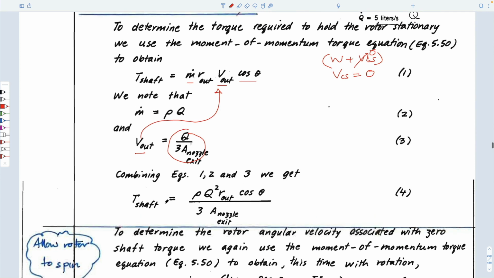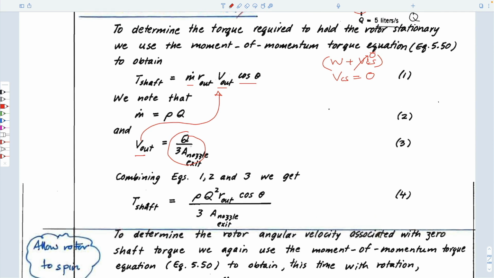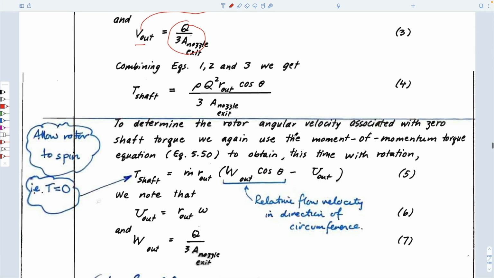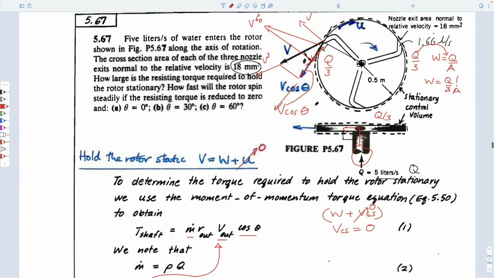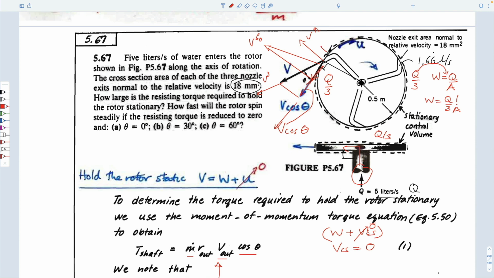So they do separately the magnitude of the behavior for when there's no velocity. And then they go back and do the equation for when there's velocity. Same equation. Shaft torque is equal to uppercase M times radius. We know these terms. But now this second term is pitting the flow velocity relative to the velocity of this control surface. So what we've called VCS,